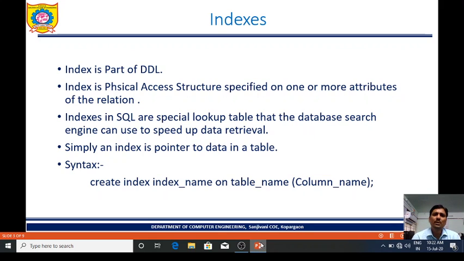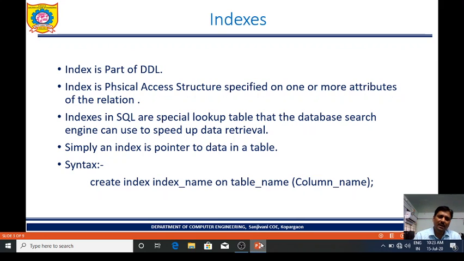Now, how to implement indexes, what syntax we use? Already we know index is a part of DDL. So we use the create DDL command to create an index, as with a table. Create index name on table name, in a pair of parentheses column name.